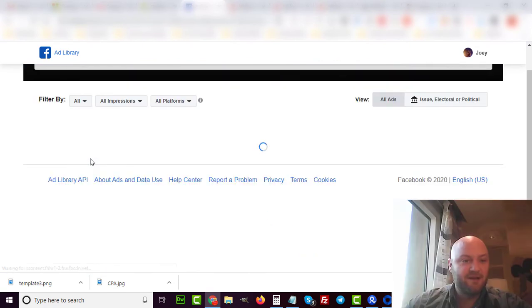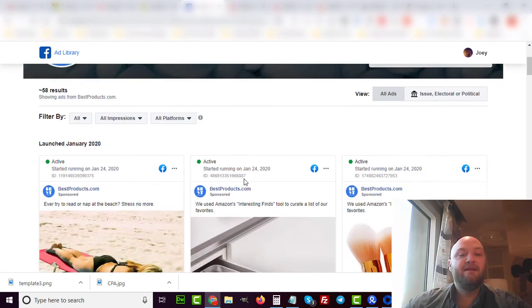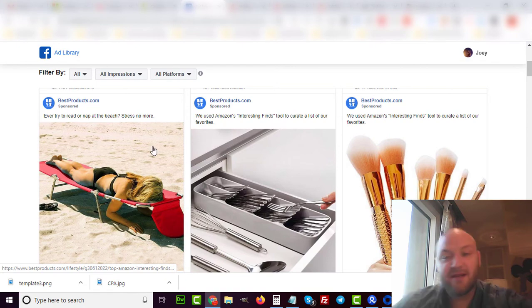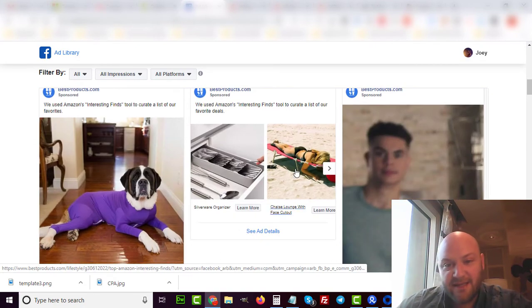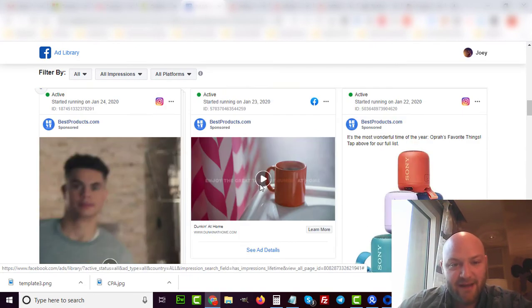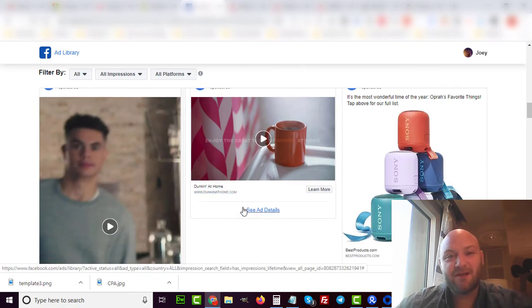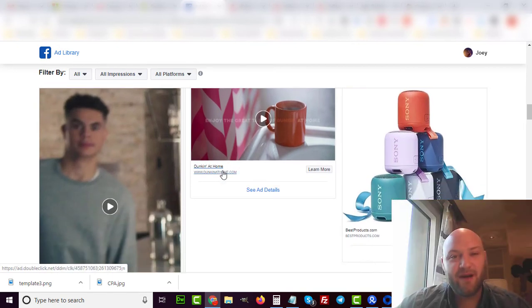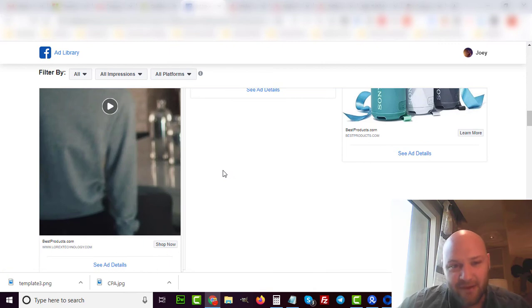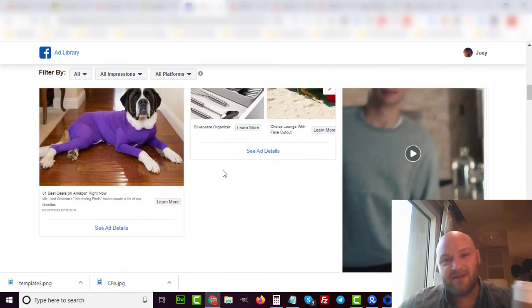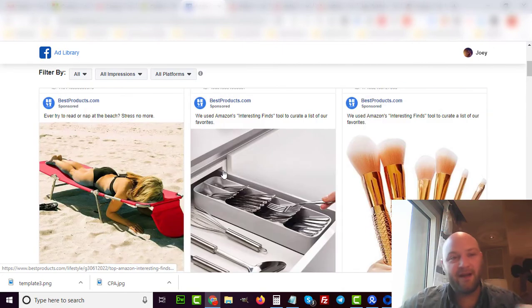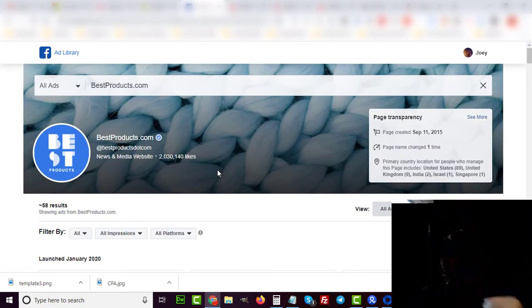So what you want to do is select all countries, and as you can see, they are running advertisements. Now you can start spying and seeing what these people are actually running. This is how you do competitive intelligence research to see what people are doing on Facebook, okay? You don't have to buy those fancy spy tools for Facebook, because Facebook gives it to you all for free right here in their ads library.